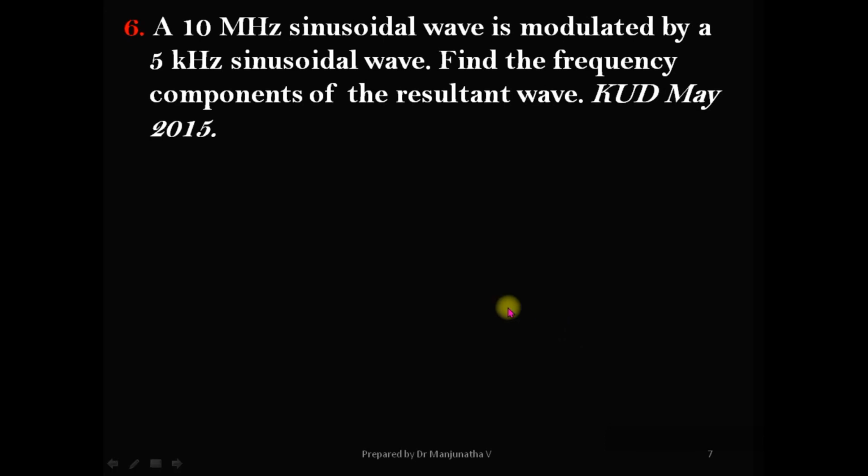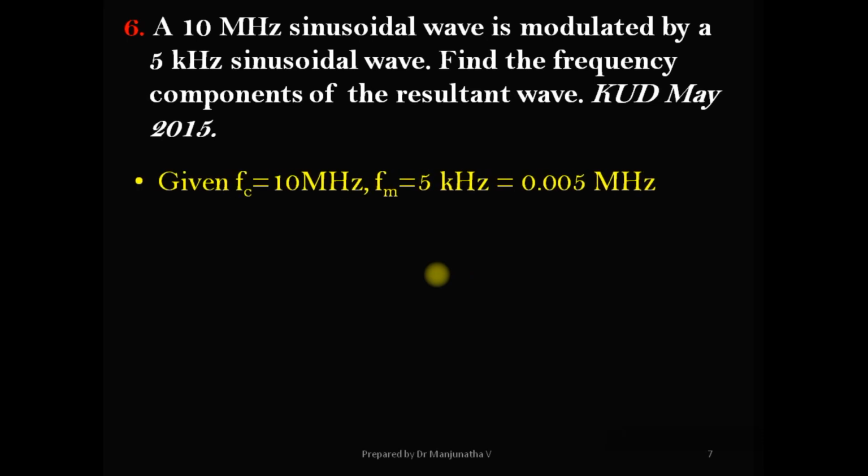Now let's see another problem. A 10 megahertz sinusoidal wave is modulated by a 5 kilohertz sinusoidal wave. Find the frequency components of the resultant wave. So this problem is asked in the KUD May 2015. So here we have to write the given data. Fc is given, that is 10 megahertz. This wave is modulated by a 5 kilohertz, meaning this is the modulating frequency